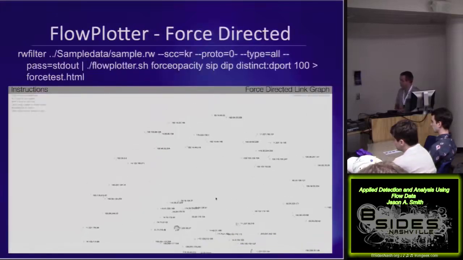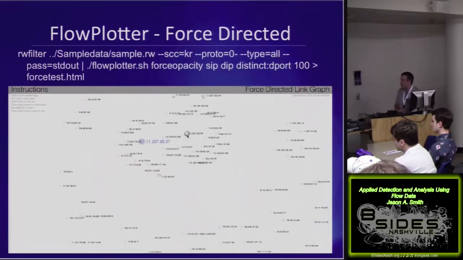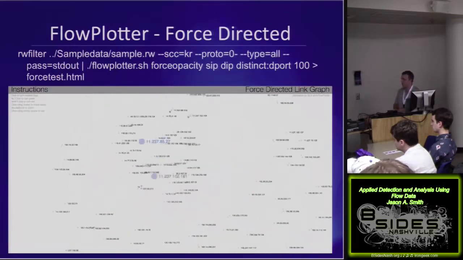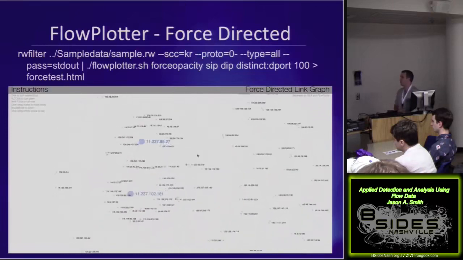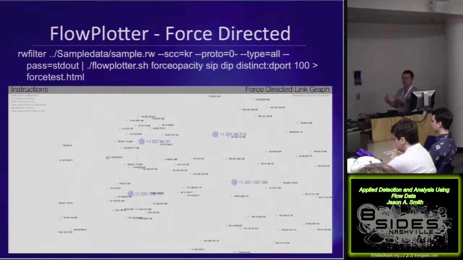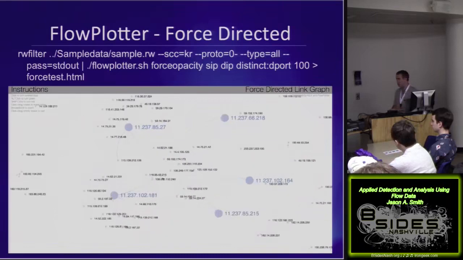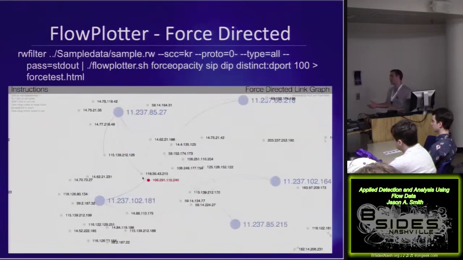So here's your force-directed chart, which a lot of people hate on, and a lot of people love it. I don't ever recommend this for the use of detection at all, but more so that you can say, hey, coworker, come check this out. I have this thing in my head that I want to describe to you, but it's really hard to do without drawing it on a whiteboard or without showing you this. And so it'll allow you to output a set of data and say, oh, who's talking to who,